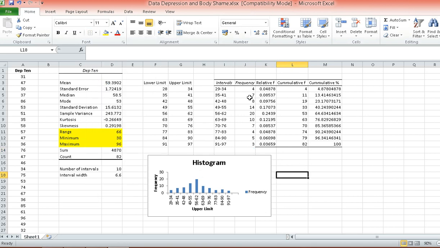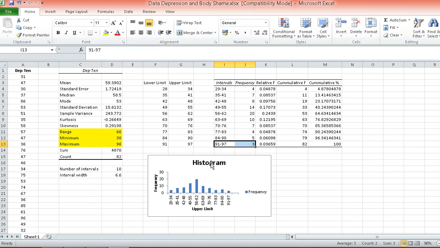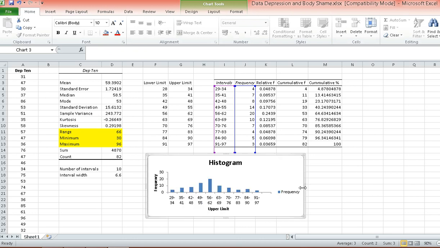Okay. Now, let's take a look at our histogram. So basically, this is a representation of our intervals and the frequencies per interval. Maybe we can just make it a bit larger so that you can see.